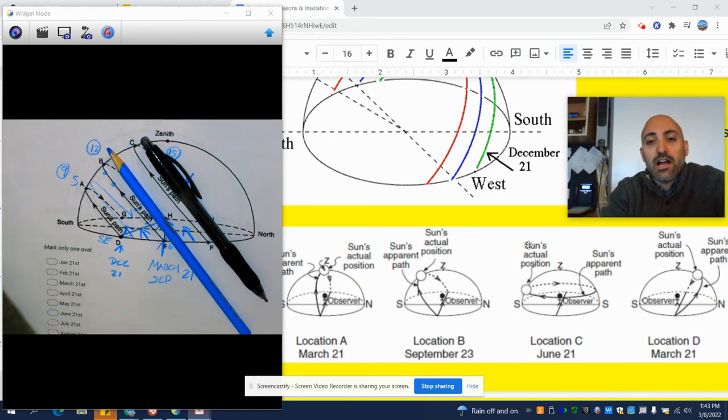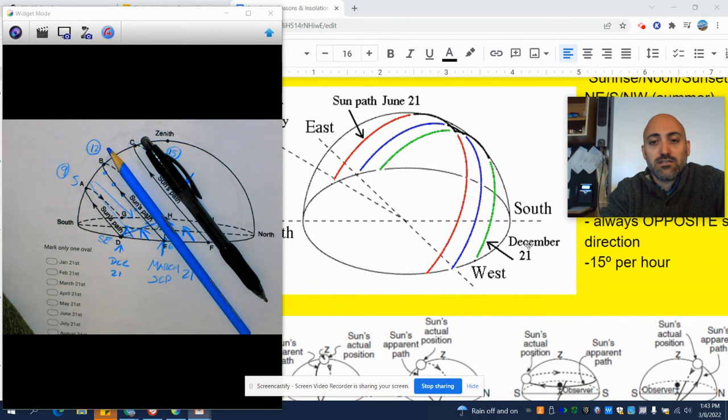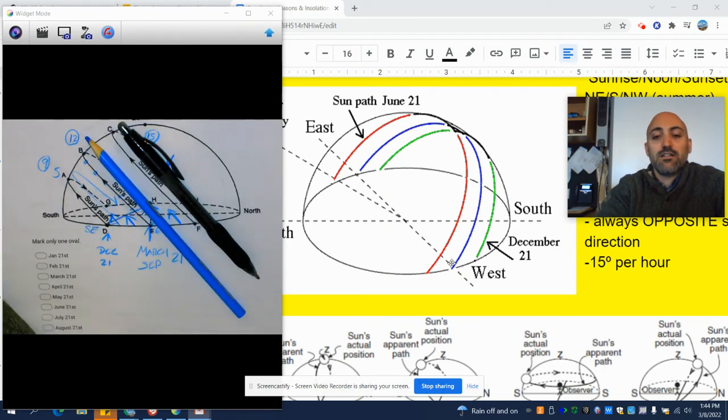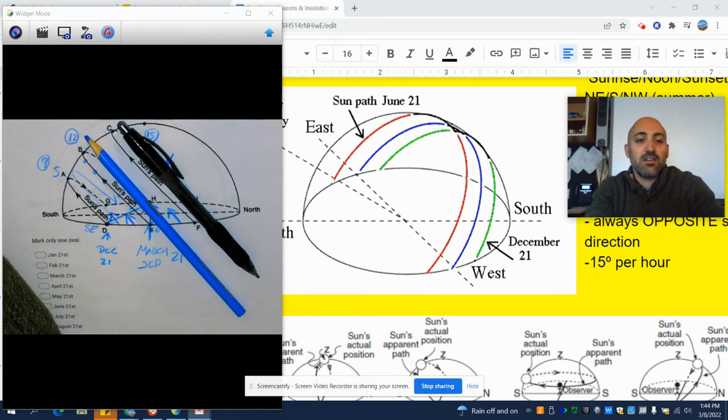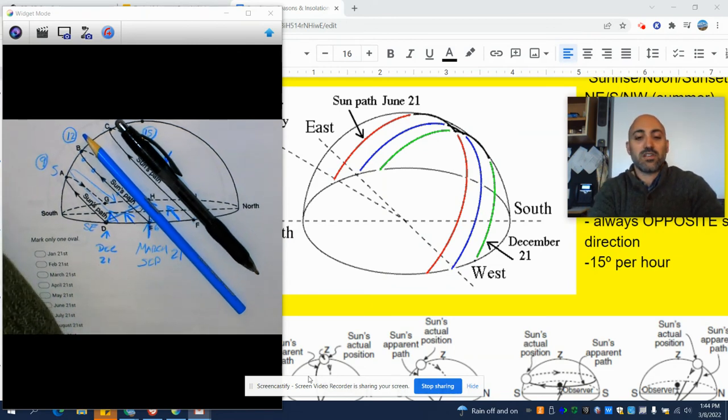Okay. The more common diagrams that you'll see are something like this, where the sun rises in the east and sets in the west. Sometimes they'll flip the diagram and put the east on the far side. That just makes it more confusing. But it's all the same thing. On March, it rises due east and sets due west. All right. Hopefully that makes sense, and we will revisit these diagrams with the next video, going over how the shadows look during the day too.